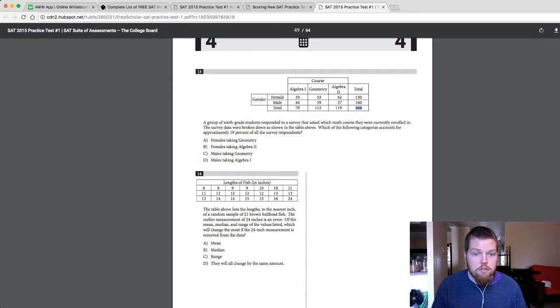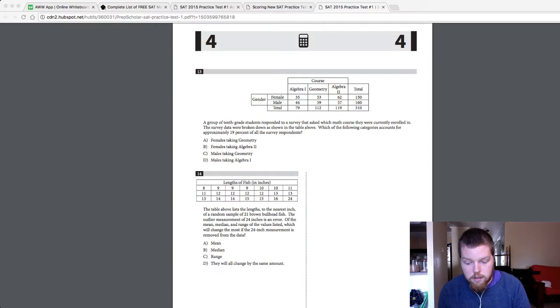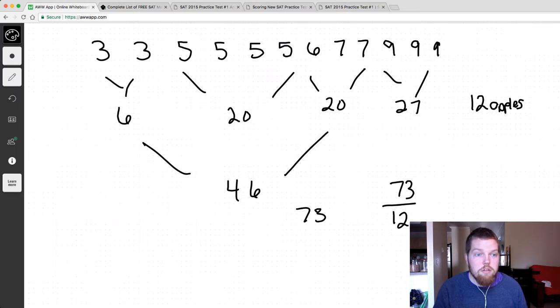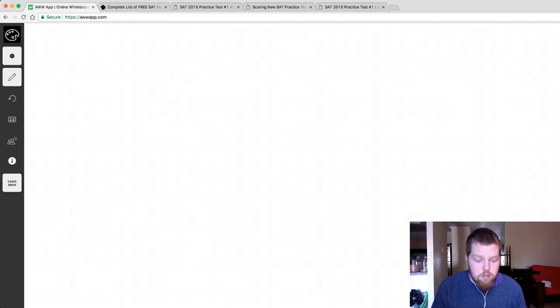So before we actually read these numbers, let's get a ballpark number of what they're looking for. 310 divided by 5 is 62. So let me write this down on the whiteboard here to show you visually. The total, sorry, my pen was not working there for a second. Okay, so the total